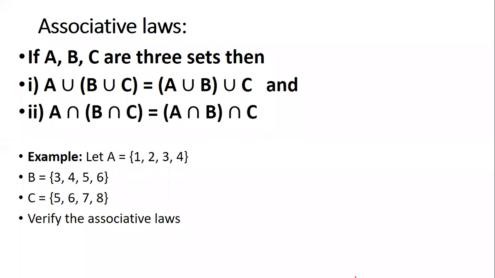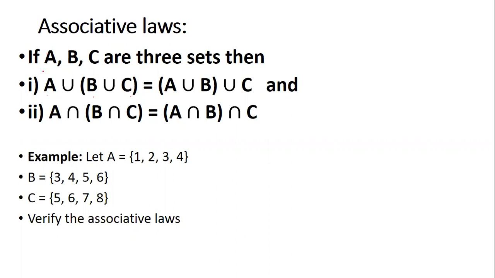Good. So in associative law, we are going to have 3 sets. Okay. Suppose we have 3 sets. Rida, it's not 3 laws. It is 3 sets. Why I'm talking about 3 sets is, see, it says A, B and C. So that's why set A, set B and set C.